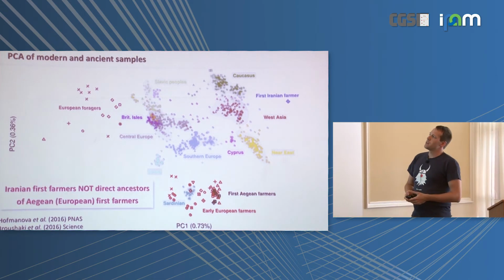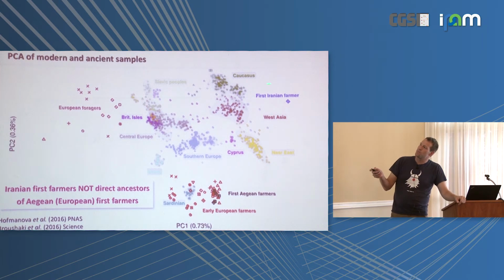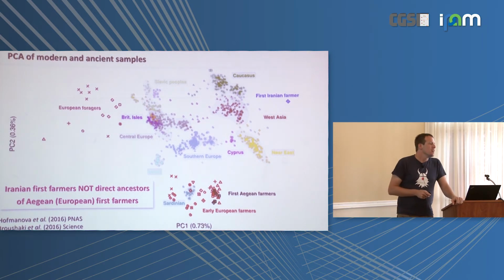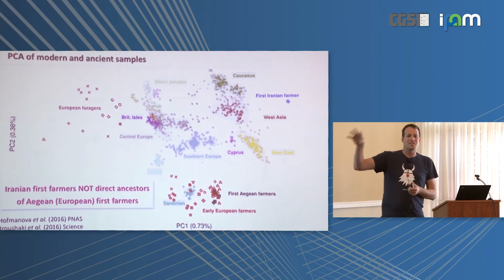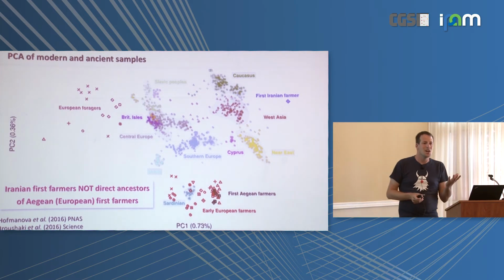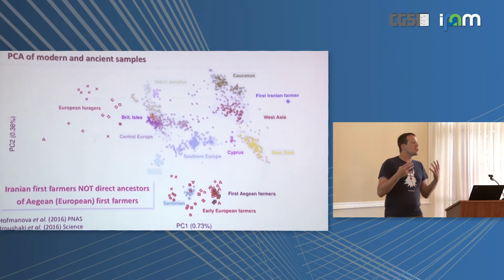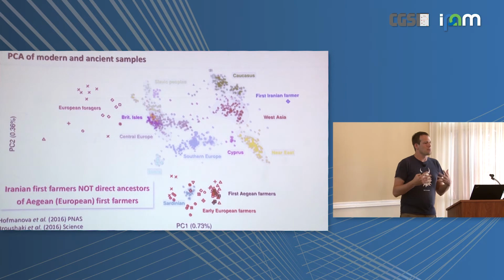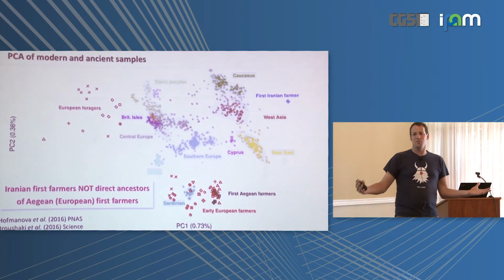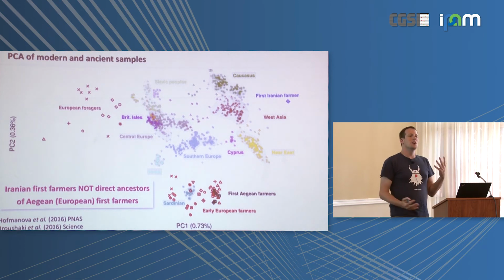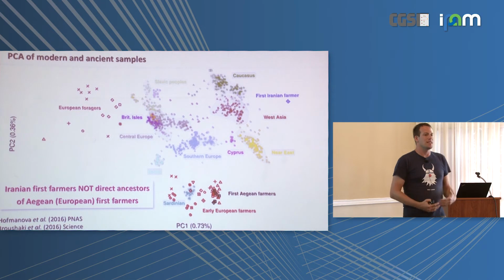Okay. So where does the Iranian farmer fall? That's also interesting. So our Fertile Crescent individual is up here in a totally different position, suggesting that actually the first farmers in the Fertile Crescent itself were genetically relatively distinct from the first farmers in Anatolia and the Aegean. So at the very onset of farming, things are a little bit more complicated. It's not just one group of people that developed farming and then expanded from there, but it was probably a mixture of people that did that, either independently or